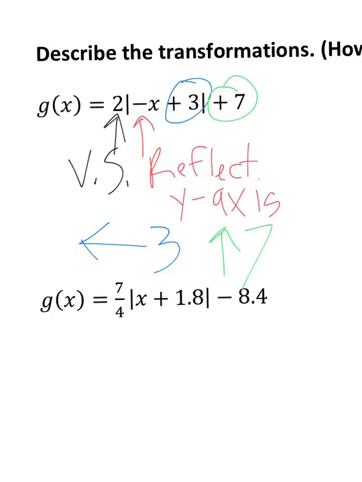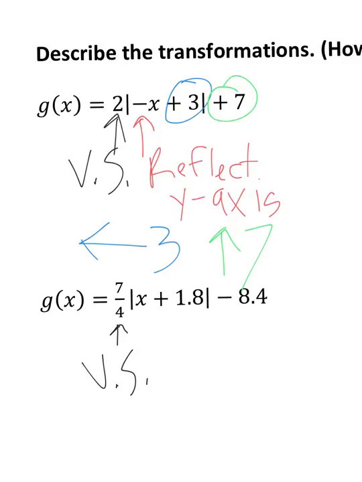But there we go. This next one, I have 1, 2, 3 things different. So what is the 7 over 4 going to do? Is it going to vertically stretch or compress? 7's bigger than 4, so I know, without even using the calculator, that I'm multiplying by a number greater than 1. If it was a number smaller than 4, like 3, 2, or 1, then I'd be vertically compressing,